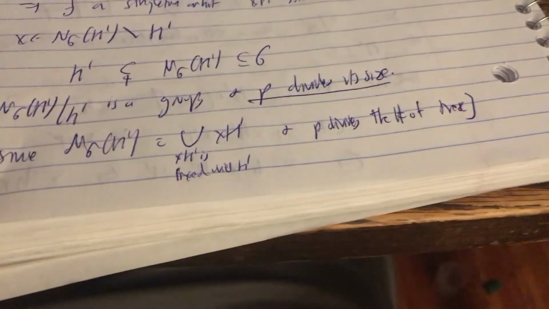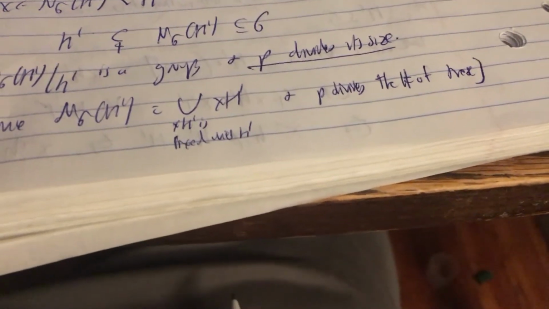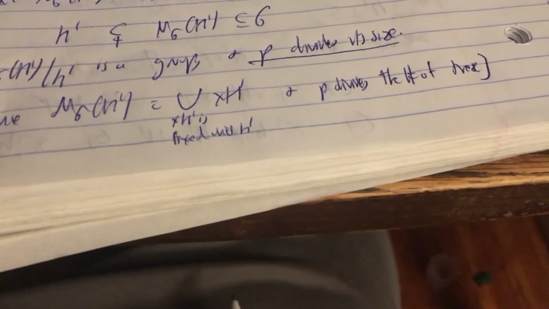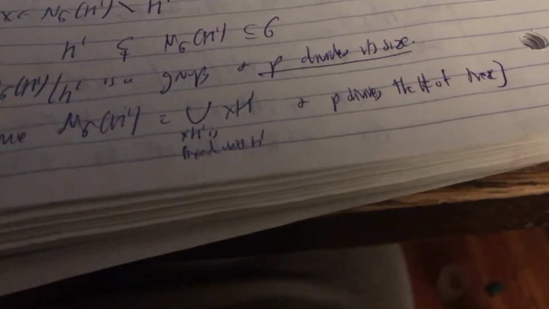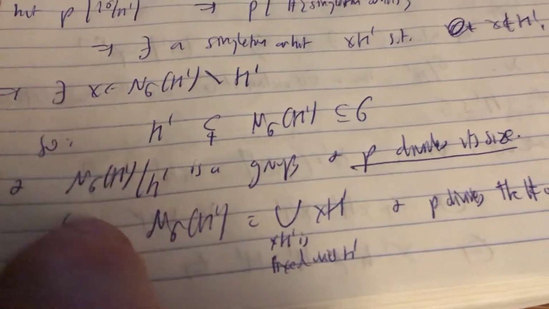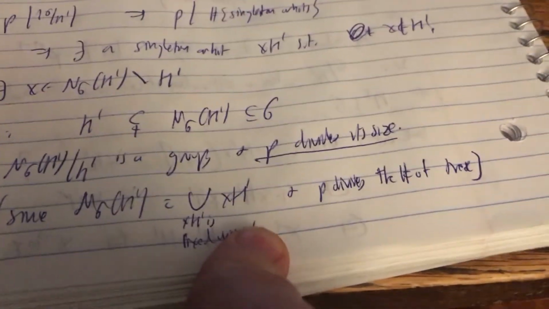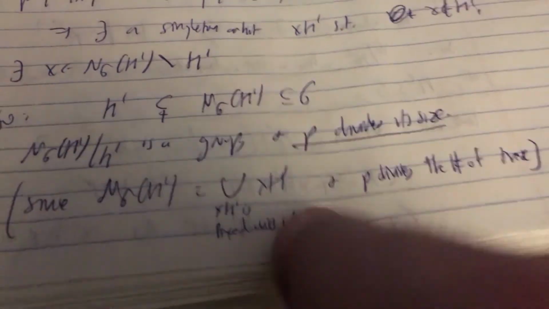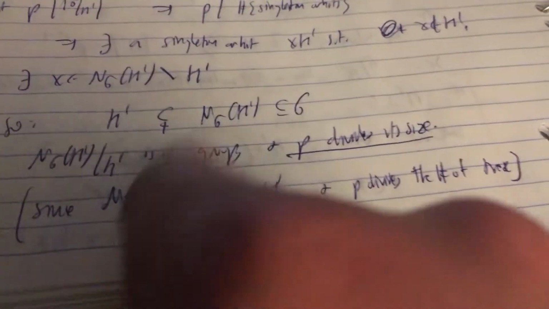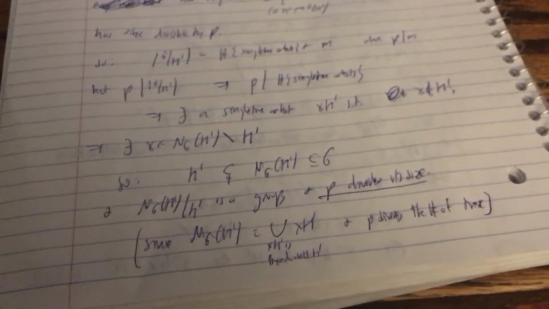All right, so I'm just saying it parenthetically. It's a disjoint union over a bunch of stuff, but P divides the number of things that you're counting over. And so once you remove H prime, you get the size of NGH mod H prime. What is this NGH prime mod H prime? It's exactly a set which is a union of cosets. And how many are there? Some number divisible by P. So this NGH prime mod H prime actually has size divisible by P. There's a little argument here which I'm not spelling out as lengthily as possible, so please feel free to ask me about it if you don't get it, but suffice to say that P divides the